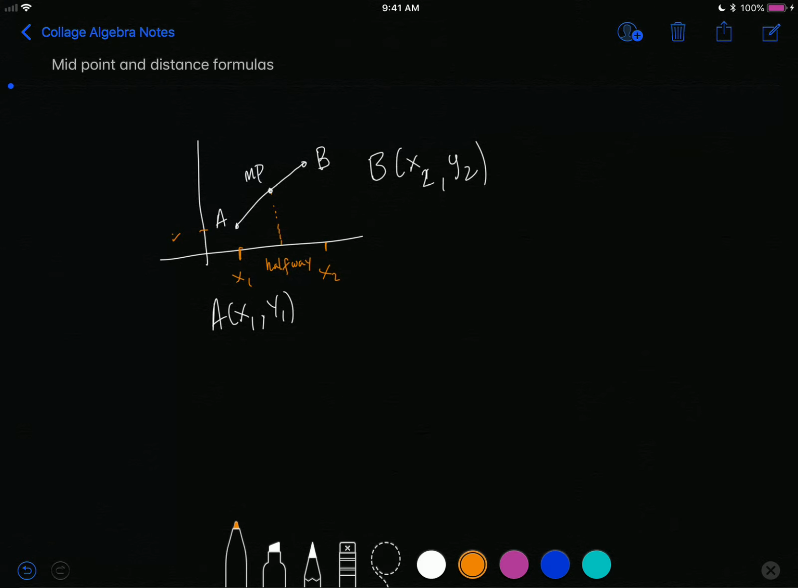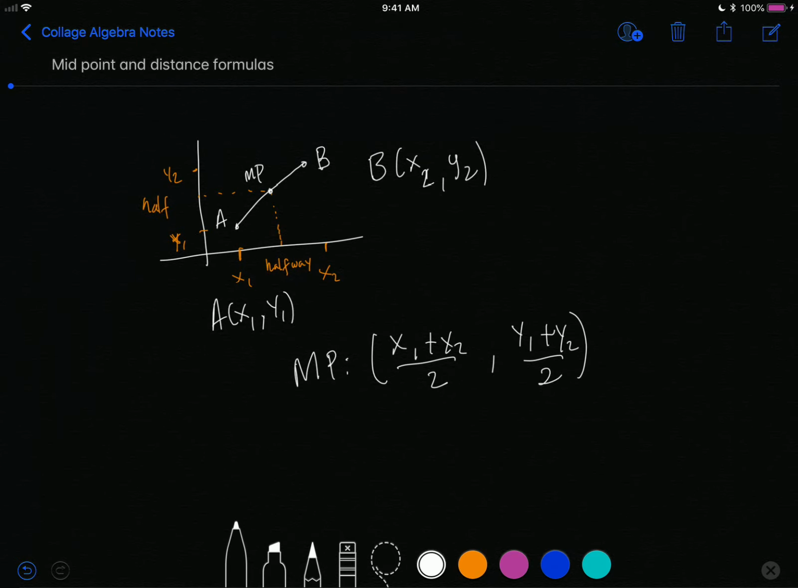And if this right here is y1 and this up here is y2, then the midpoint again will be halfway. My halfway doesn't seem to be very halfway. And so therefore that tells us that the formula has to be halfway between each. Well, the way we find something that's halfway between 2 points is by taking the average. And so your midpoint will simply be the average of the x's, x1 plus x2 divided by 2, and then the average of the y's, y1 plus y2 over 2, and that will give you the coordinates for the midpoint